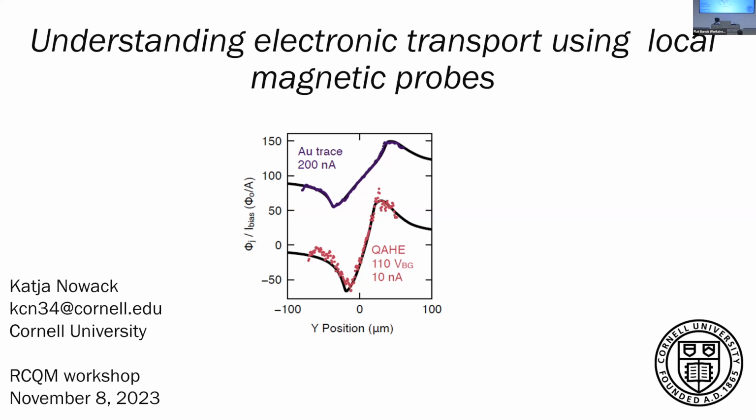So when I actually got the invitation, I wasn't quite sure how it would fit in the theme of the workshop. So I gave a maximally vague title. What I'll really be focusing on today is recent work we've done to try and understand how the current actually flows in at least one type of quantum anomalous Hall insulator. Okay, but before I go there, let me give you a pretty broad perspective of why